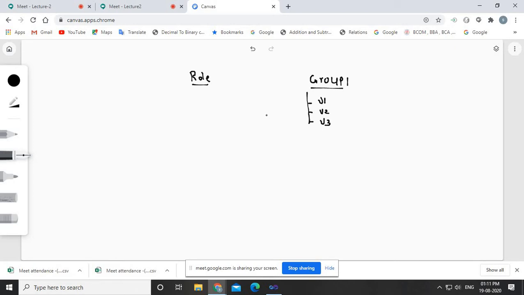Now the question is, sir, what is the advantage of creating a role? The advantage of implementing a role is quite simple. Suppose there is one file and I want to share that file with you.